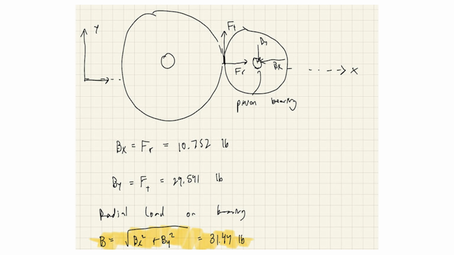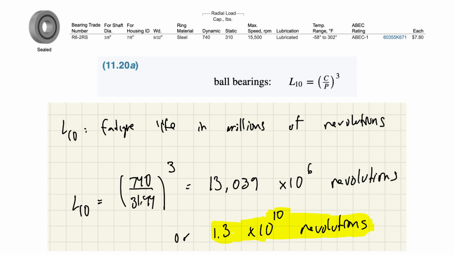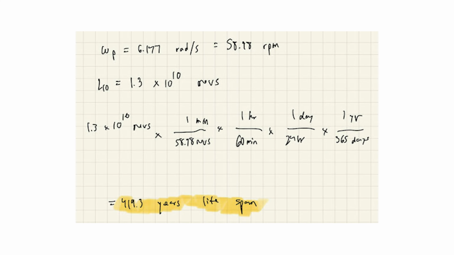Due to the tangential and radial loads from the gears, the pinion bearing will experience a radial force of around 31 pounds. The bearings picked for the design are steel sealed ball bearings with a dynamic load rating of 740 pounds, which led us to find a fatigue life of around 10^10 revolutions, indicating infinite life. We chose this bearing to reduce the effects of corrosion, as this assembly will be located in an outdoor environment. The pinion is required to move at around 6 radians per second, which means the bearing is built for 420